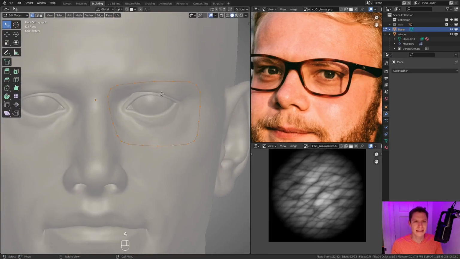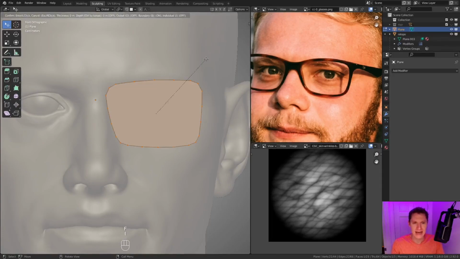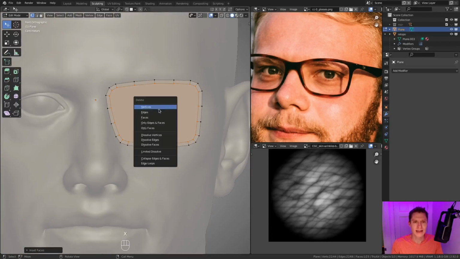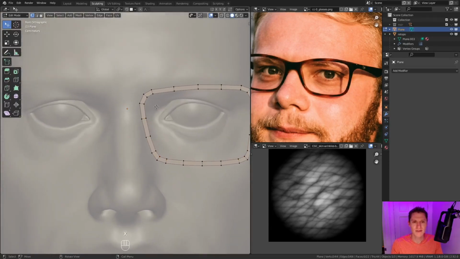And then I'll select everything and let's see, I was kind of creating the lens, but now I want to scale this shape up to be the outside of the rim. So I'm just going to hit S and scale up slightly. Hit F to fill this, and then I to inset. All right, so this will be the thickness of our rim, and then I can delete that inner face.